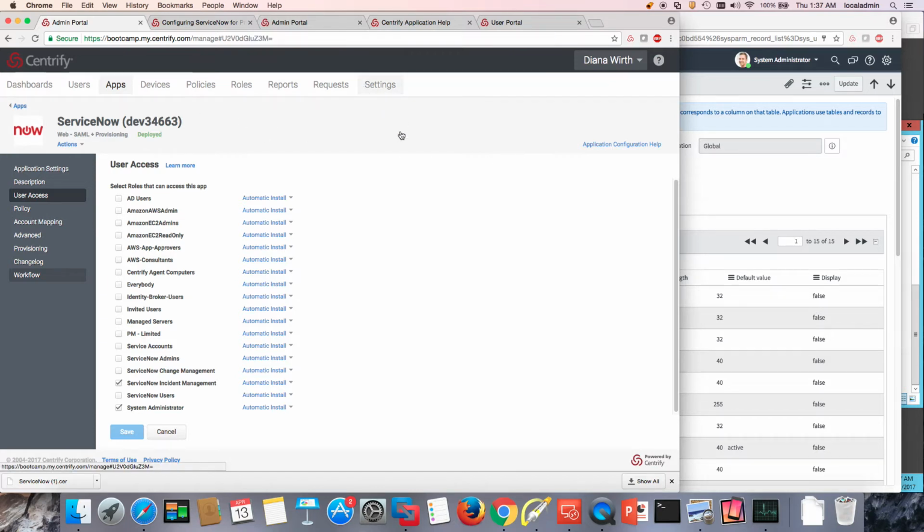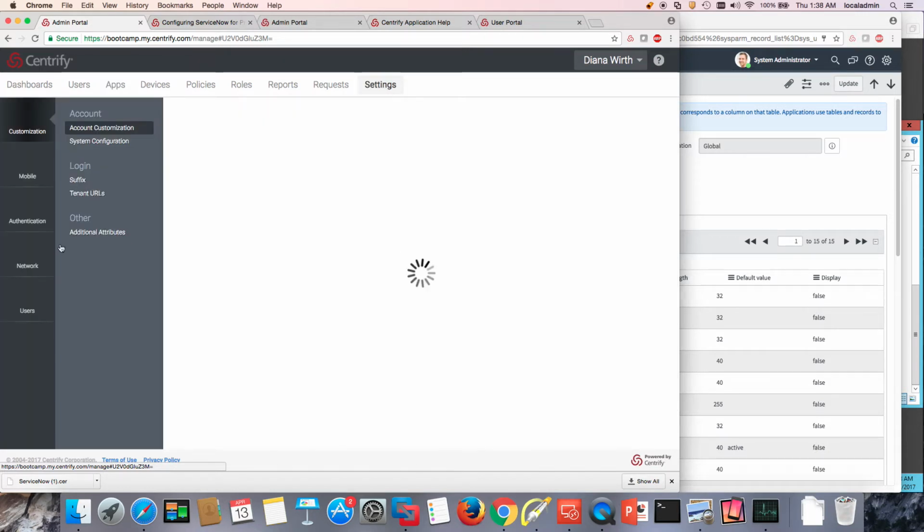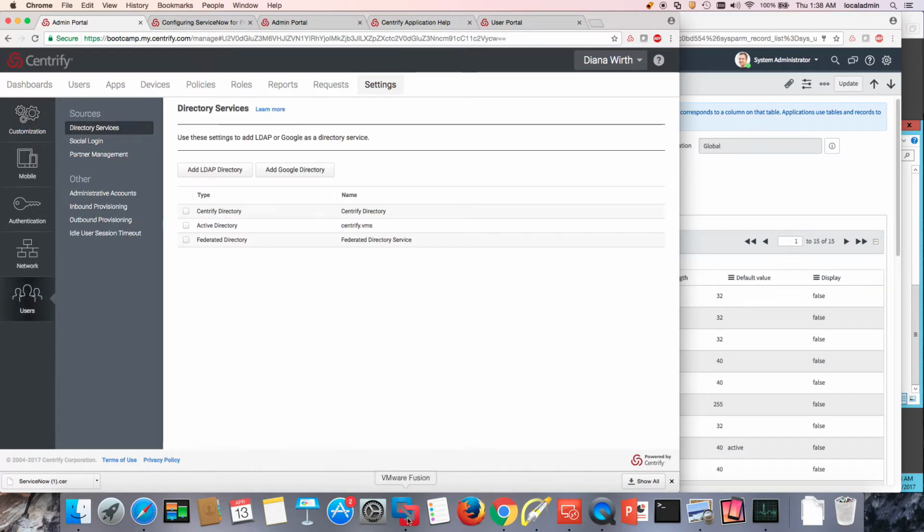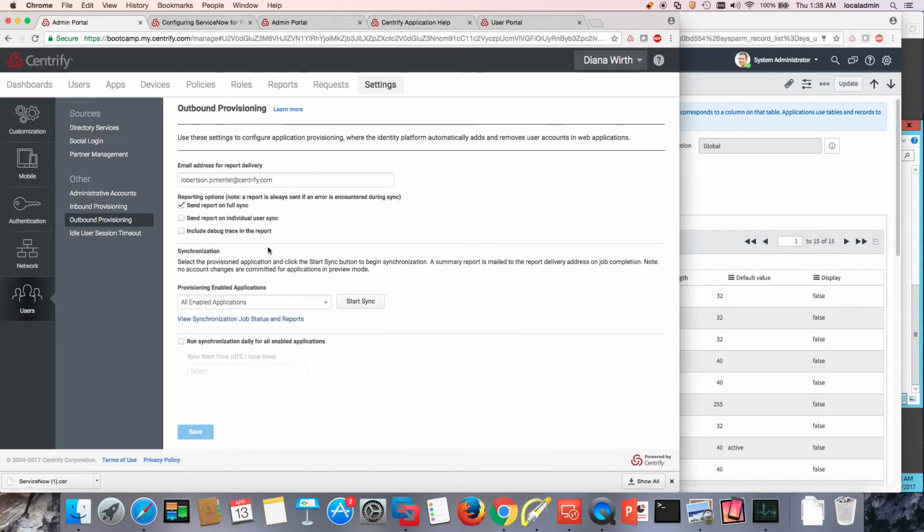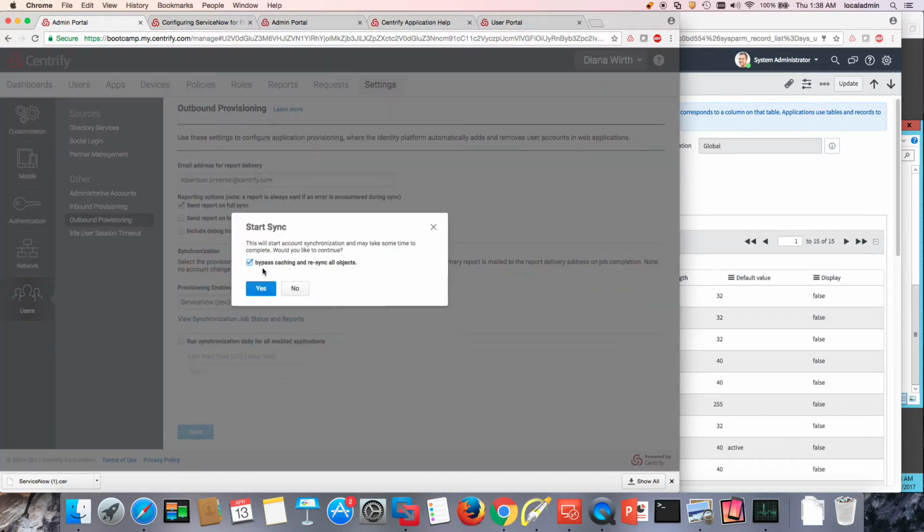In this case, I'm going to go to Settings as an administrator, and I'm going to navigate to the Outbound Provisioning capability. Once I'm in the settings page, I'm going to press users, and we're going to go to the outbound provisioning options. So outbound provisioning, and notice in here I have one application enabled for provisioning, and I'm going to do start sync, and I'm going to bypass any caching